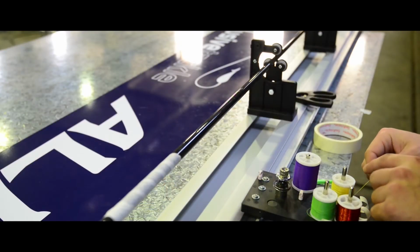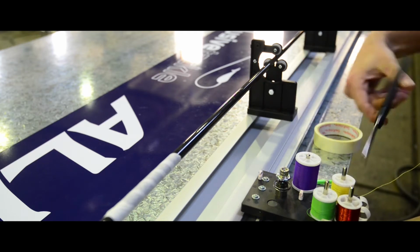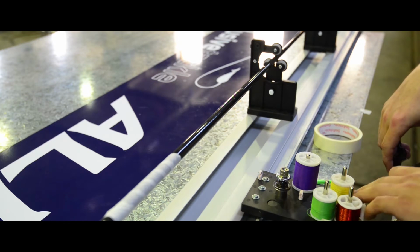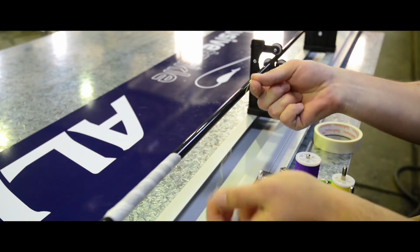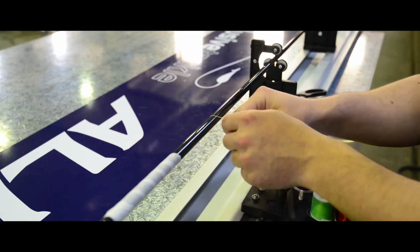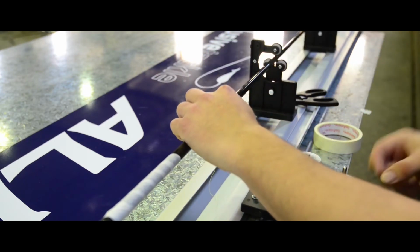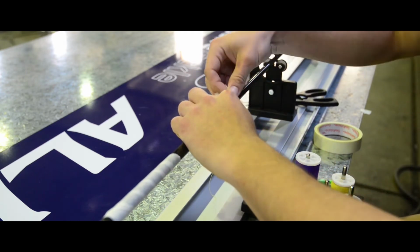To start off with, we're going to be looking at some single strand trims. So the first one will be a trim at the start of the wrap. We can start by taking your trim colour, in this case yellow, and putting it on the blank first. So we're just going to wrap it around and tape it down,